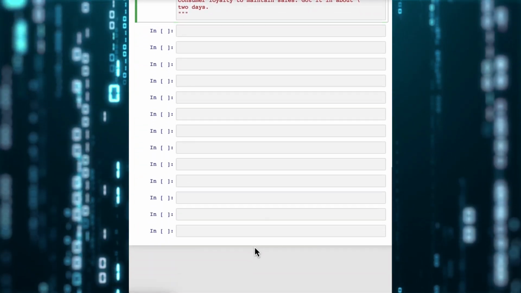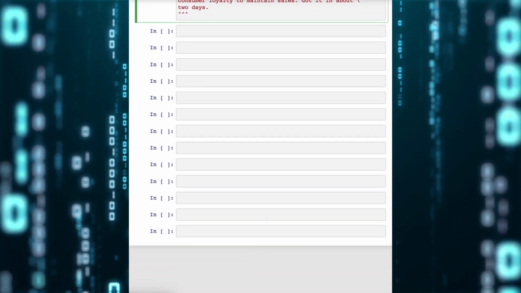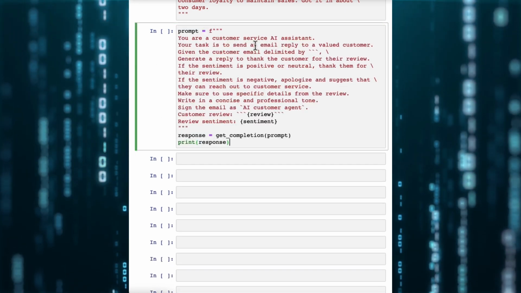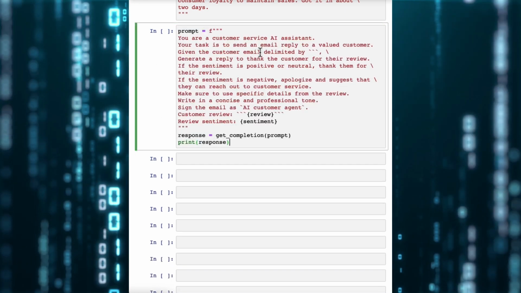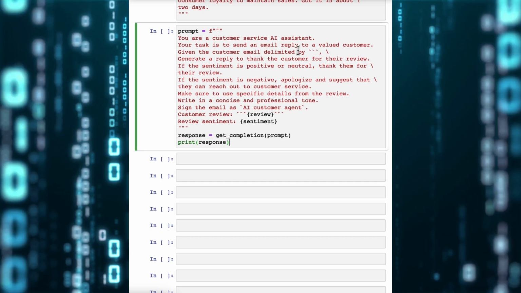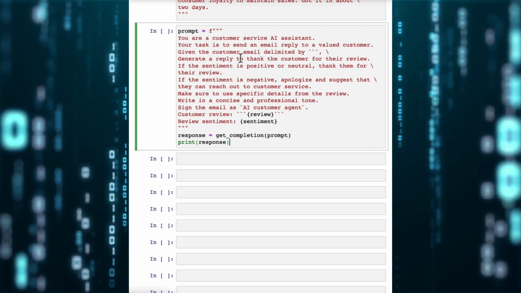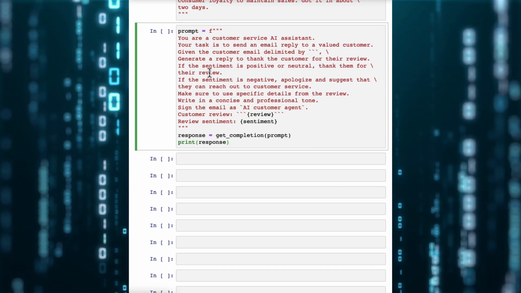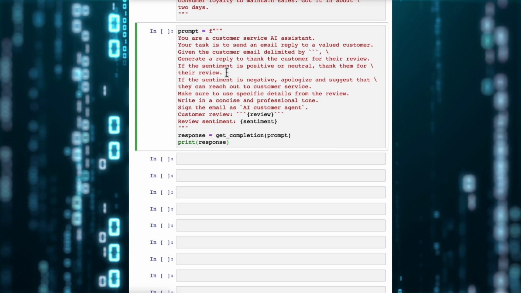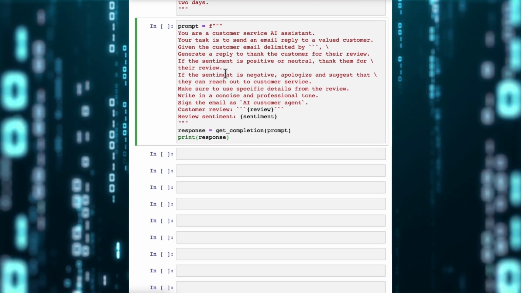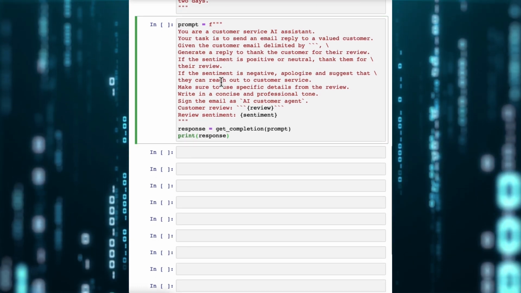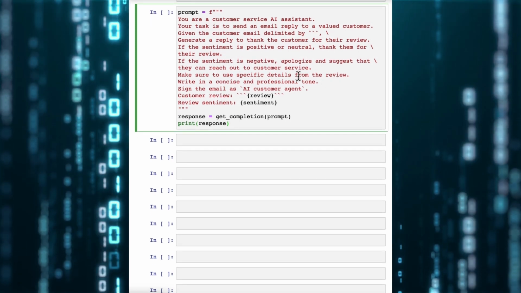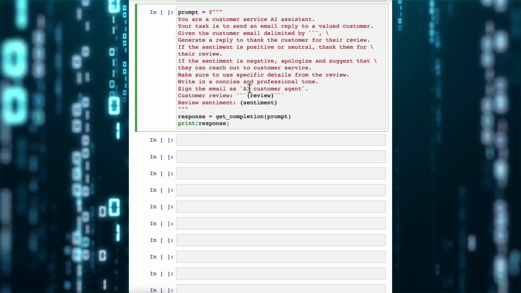And now we're going to customize the reply based on the sentiment. And so here the instruction is, you are a customer service AI assistant. Your task is to send an email reply to a valued customer. Given the customer email delimited by 3 backticks, generate a reply to thank the customer for their review. If the sentiment is positive or neutral, thank them for their review. If the sentiment is negative, apologize and suggest that they can reach out to customer service. Make sure to use specific details from the review, write in a concise and professional tone, and sign the email